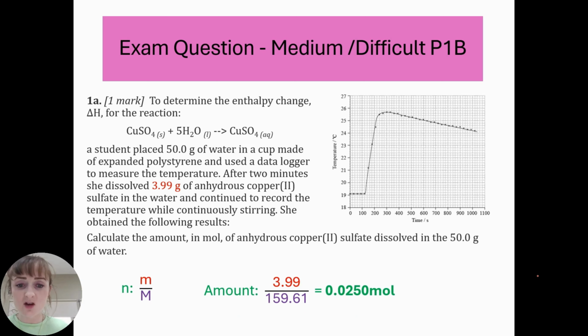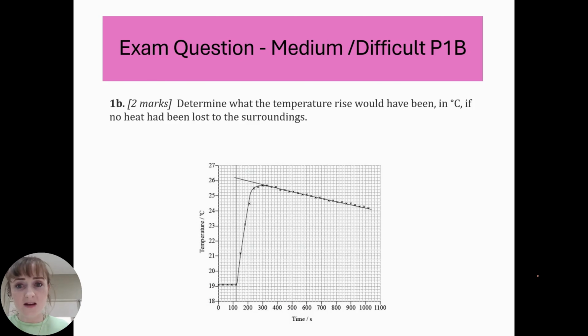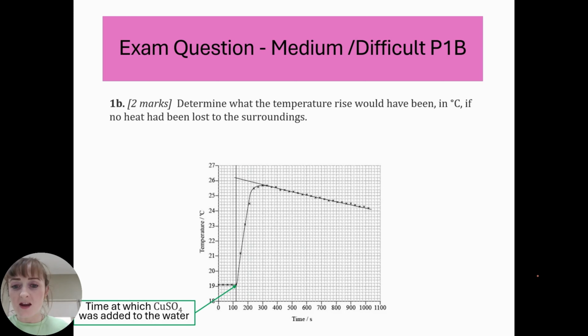This works out as being 0.0250 moles. Part B asks you to determine what the temperature rise would have been in degrees Celsius if no heat had been lost to the surroundings. We know that the point where the plateau ends at the beginning must be when the CuSO4 was added